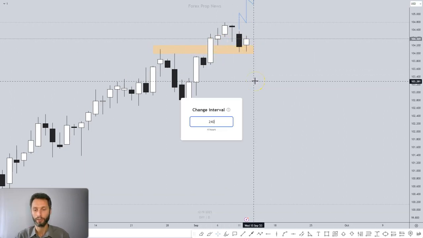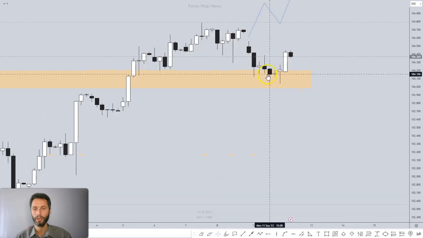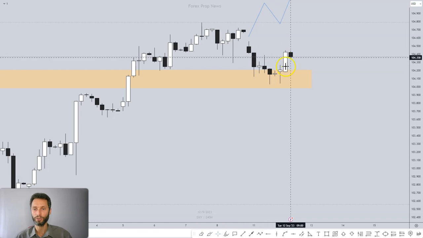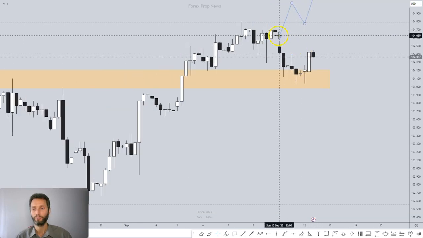You can see no clear price action here on the dollar. We had a bit of a shift. However, it's not so clear. We're still kind of in a range. It's not that bullish. This could be a fake move. So let's see if we head higher. We do have the gap here.